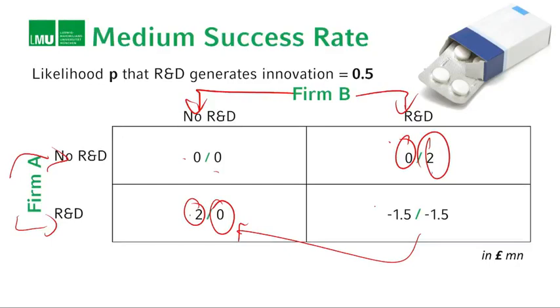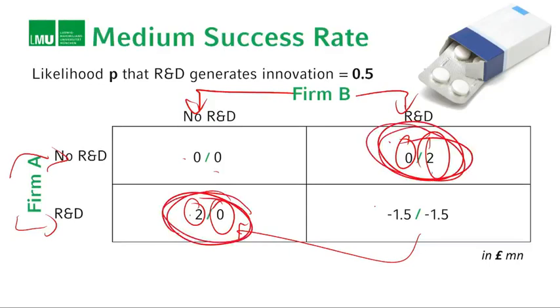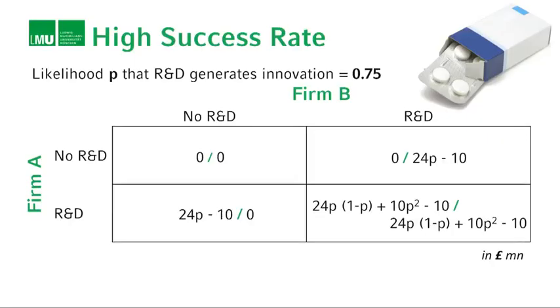So in other words, we now have 2 Nash equilibria here. No dominant strategy, but 2 Nash equilibria. One where firm A does R&D, firm B does not, and one where firm B does R&D and firm A does not. Okay, so 2 Nash equilibria, they're asymmetric. One firm does it, the other firm does not. Let's now crank up